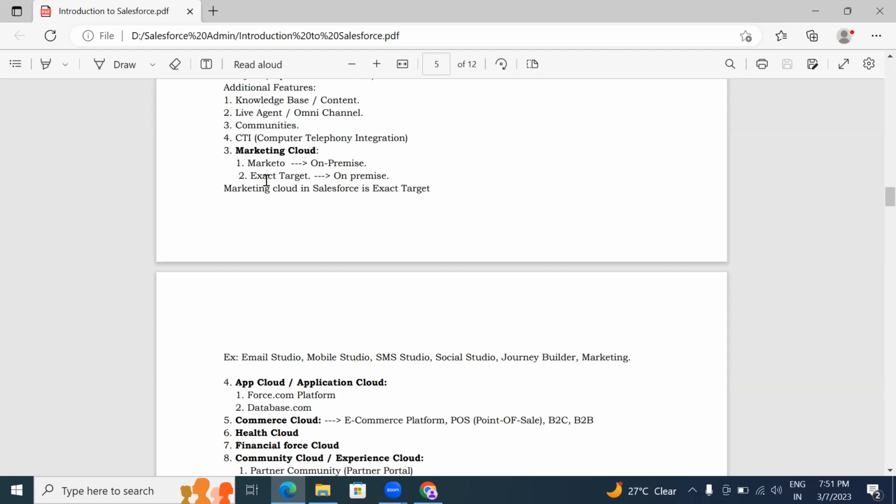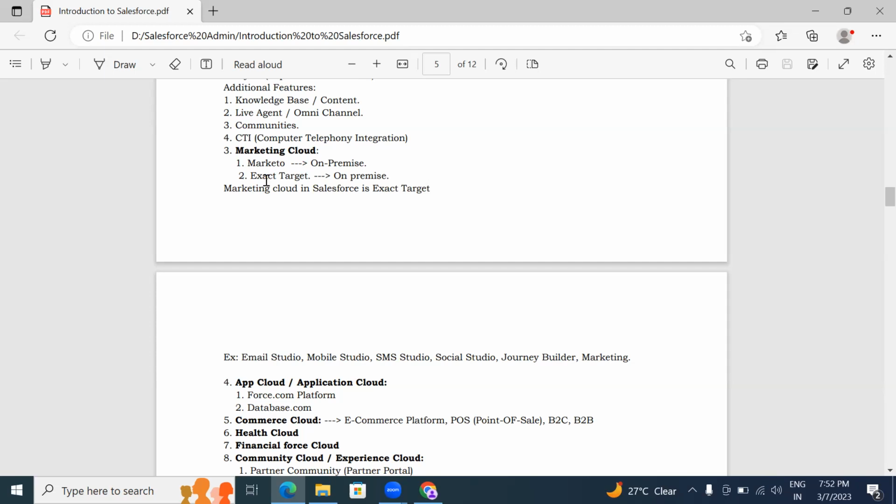On-premise applications means we need to install the software on the local system and invest millions of rupees to get the license from the vendors. Not all companies could invest such a huge amount of money. Only very big companies invested, in order to automate their marketing related processes inside their organization. But then Salesforce thought of building a new marketing application also.